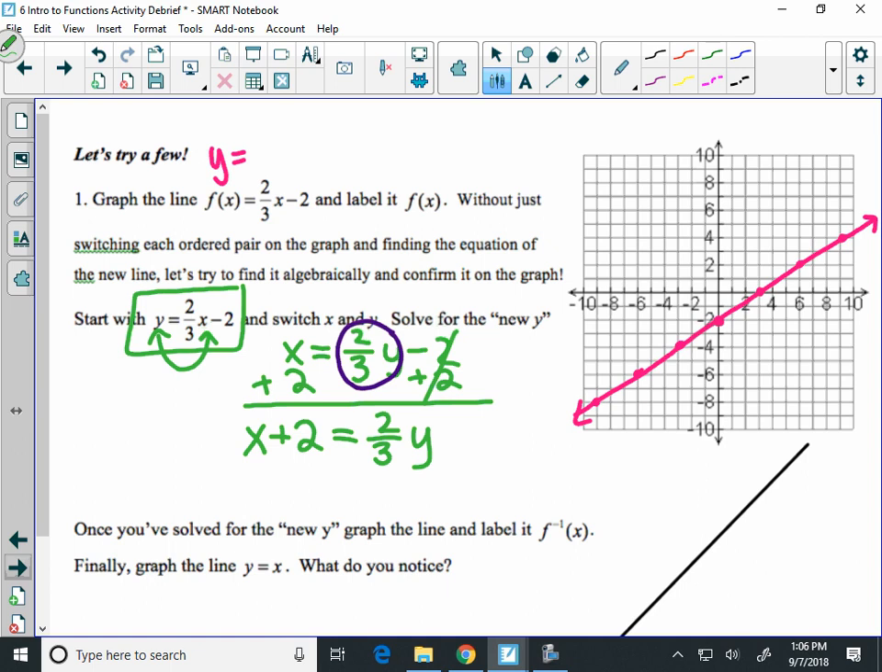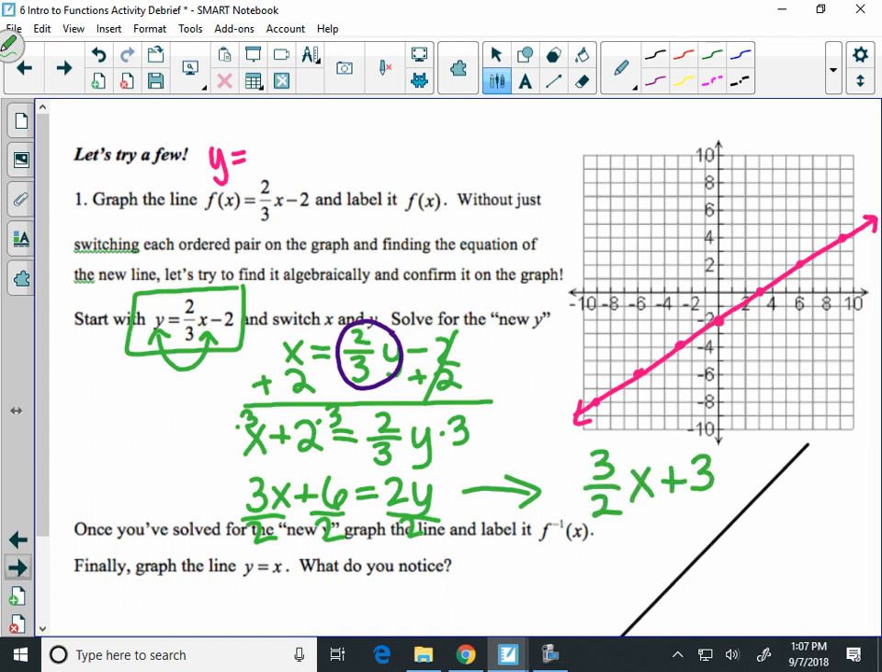Multiply by 3. So you're going to multiply every single term by 3, which will give you 3x plus 6 equals 2y. And then you finish by dividing by 2. Good. Now I'm going to divide each term by 2 here because I know the 6 is going to simplify. So when you rewrite this, you'll get 3/2 x plus 3 equals